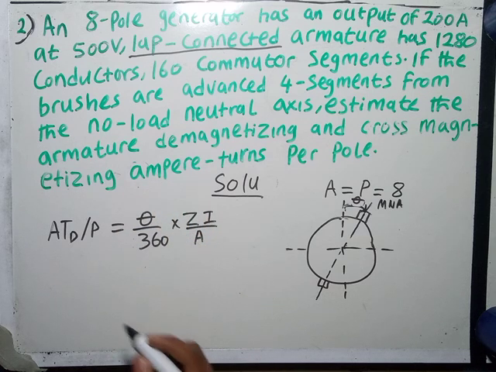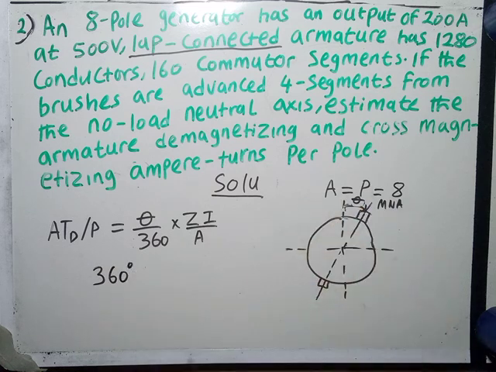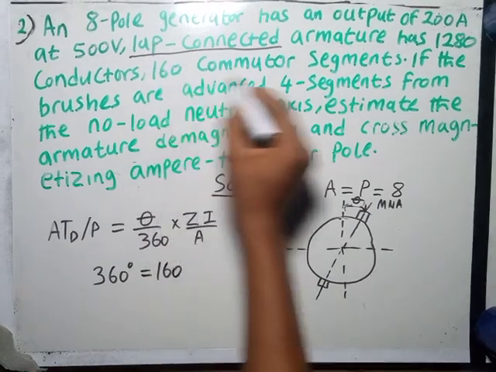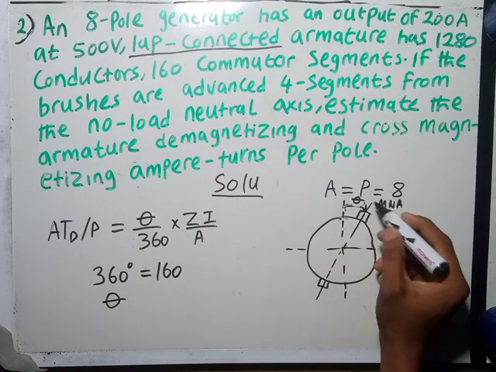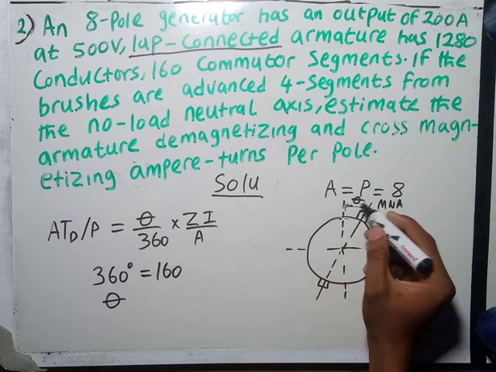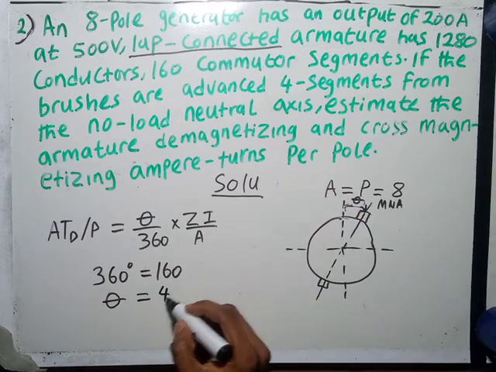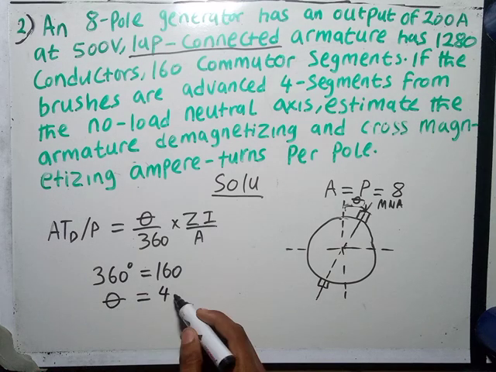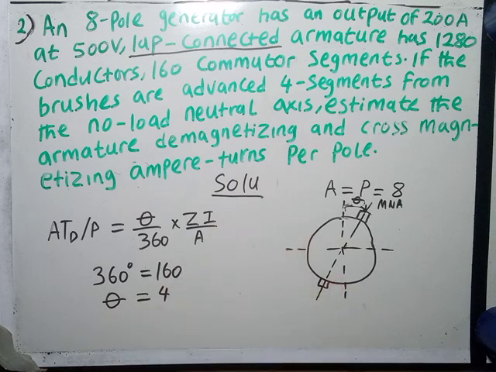So we can still say it like this: in 360 degrees, which is the whole circle or the whole armature, we have what? 160